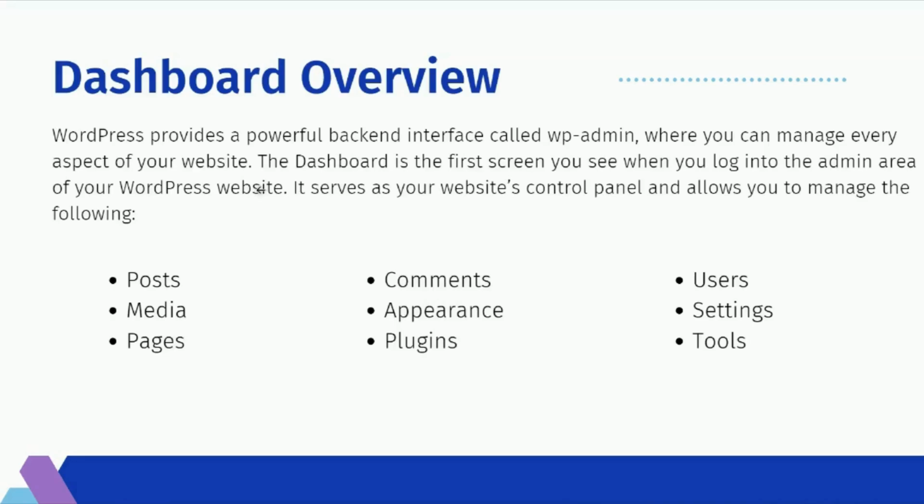The dashboard is the first screen you see when you log in to the admin area of a WordPress website. It serves as your website control panel and allows you to manage the following: posts, media, pages, comments, appearance, plugins, users, settings, and tools. So, as you can see in the image here,